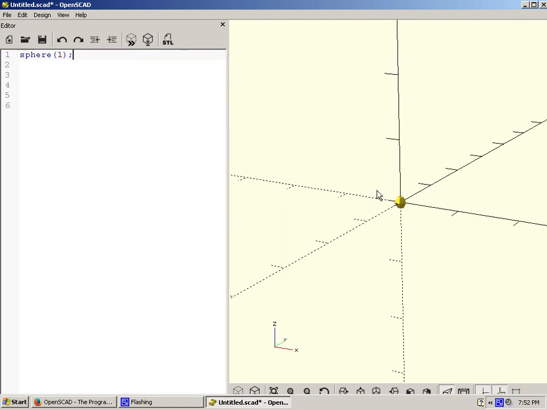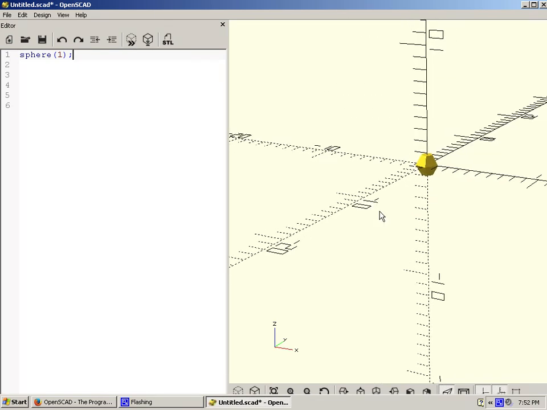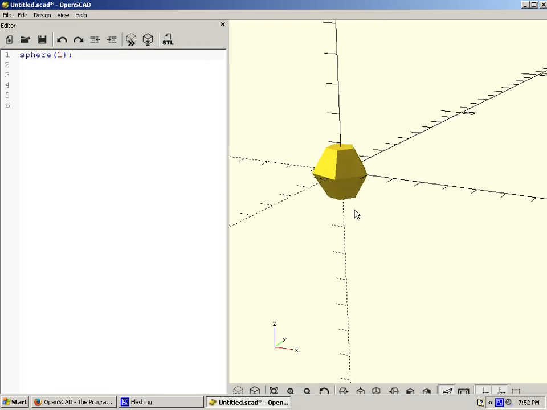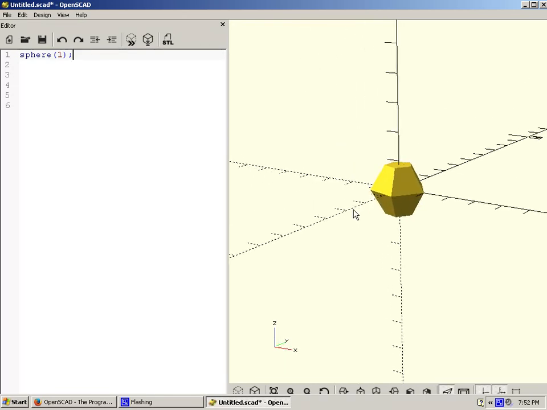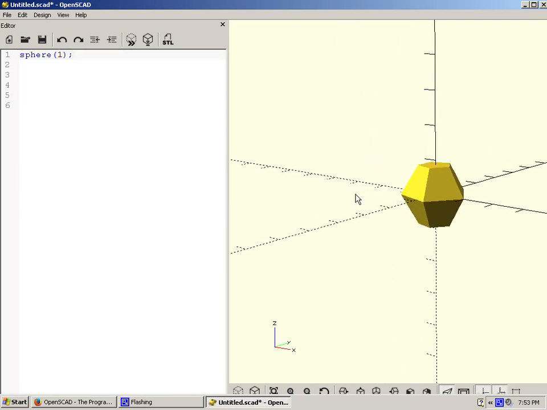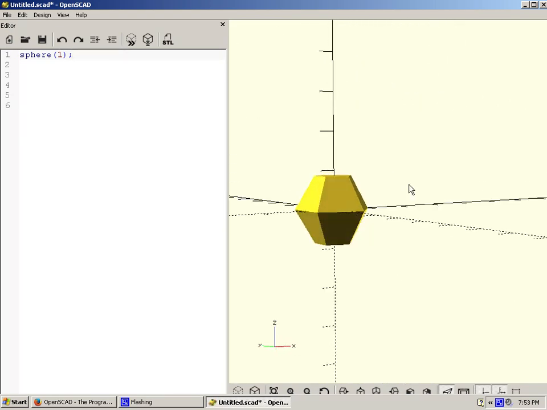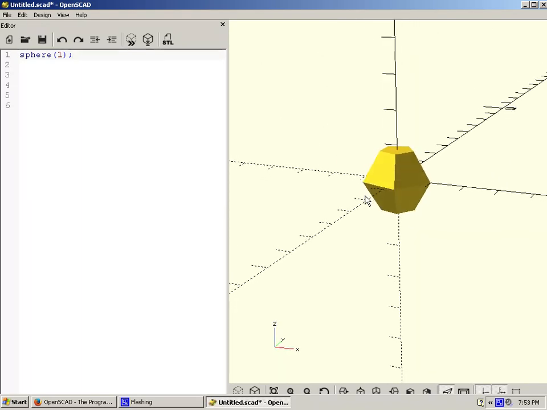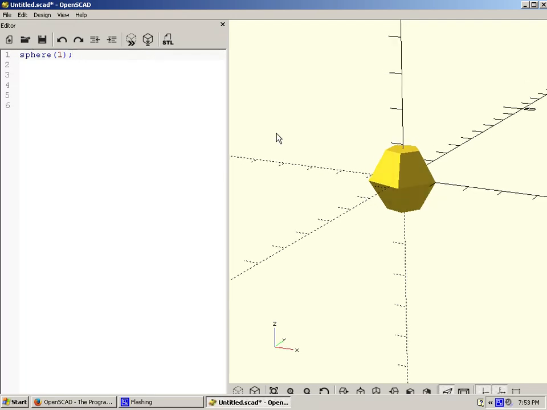I can zoom into this by using the wheel on the mouse. So I'm just moving, getting a closer view using the wheel on the mouse. Now we see that it's a sphere, but it's not very detailed. We can see the facets quite readily. So one thing that we can do to make this a more detailed sphere is if I go back to my code here, I'm just going to move this sphere code down a couple of lines. Then I type